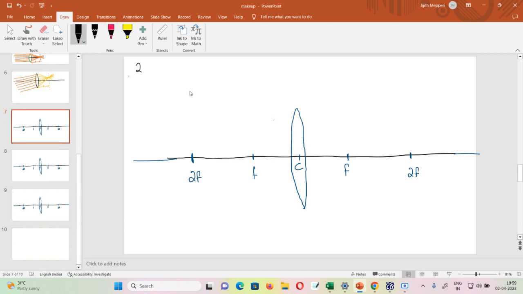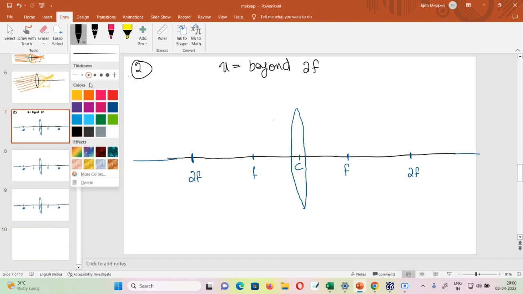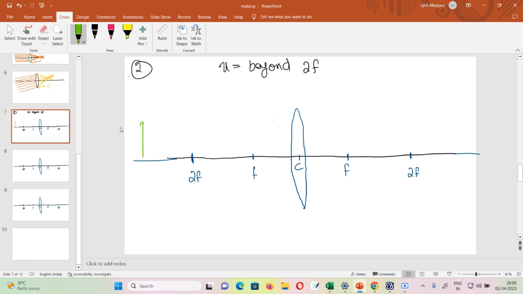So this is our condition 2. Condition 2, when our object is kept beyond 2f. Okay, what happens in this case? I am keeping my object beyond 2f. In order to trace the rays from an object, actually we will